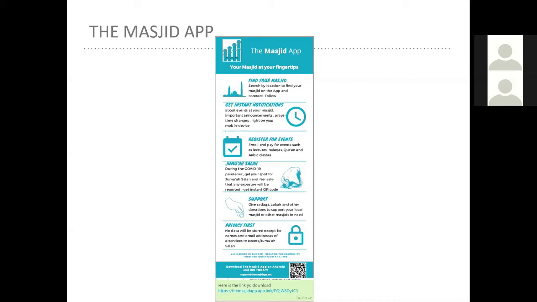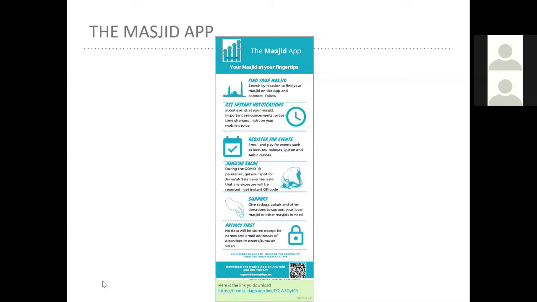It is required by the state and the county that if anybody is attending a prayer service at a masjid, we need to know who came which day. Because God forbid, if somebody ever gets COVID, we need to notify everybody who had attended on that given day. So it's absolutely important that we all register using the app, because that way we can maintain a list of who attended that day. And if asked for, we can provide that information to the county.